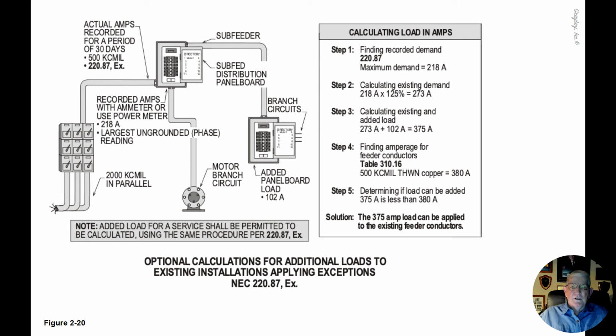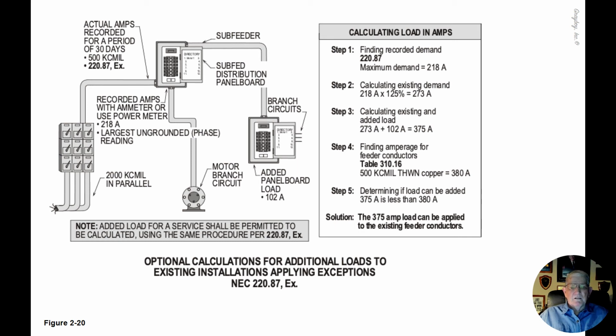Now, the 218 amps has been recorded on an average of 15 minutes, using an amp meter or maybe using a demand meter, whichever was available and would meet our need. Now, the conductor supplying the switchgear there is 2000 kcmil in parallel. And then notice the added load is 102 amps